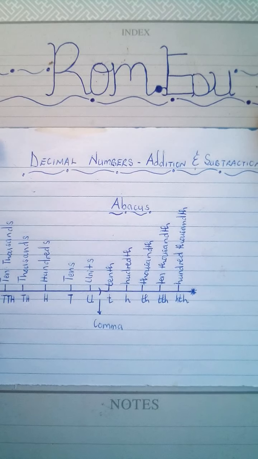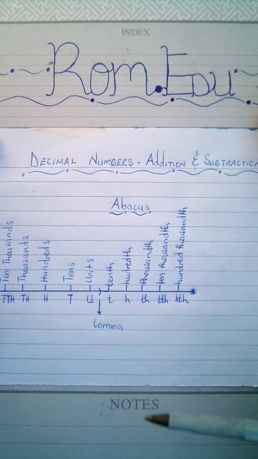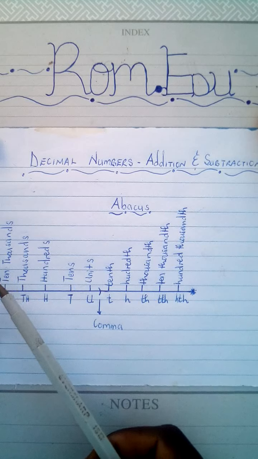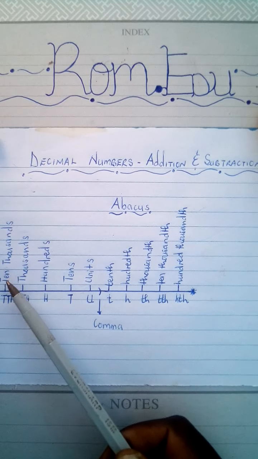So whenever you're dealing with decimal numbers, you need to understand what is known as an abacus. An abacus is just what you can call a map of decimal numbers, right? It shows you where each number lies, or the unit of each number whenever the number is expressed in the decimal form. So in this case, as we are seeing here, we have the hundreds, thousands, we have the 10,000s,